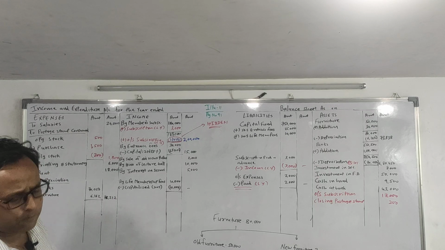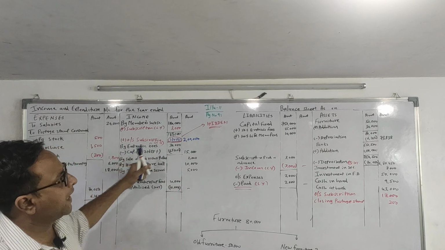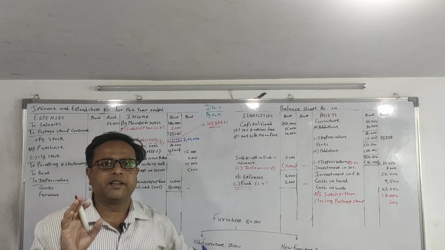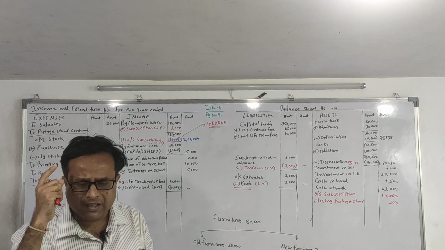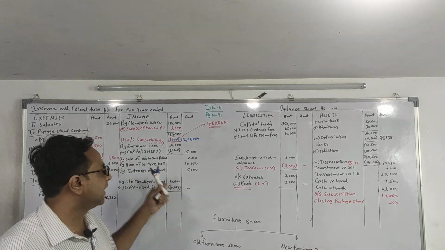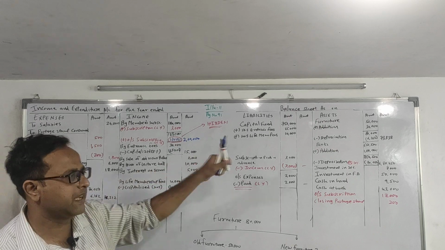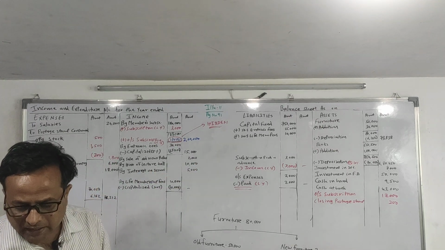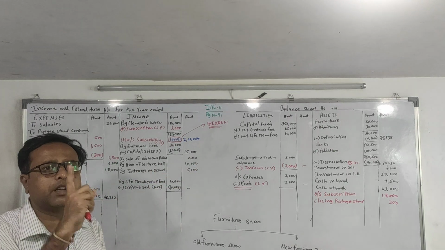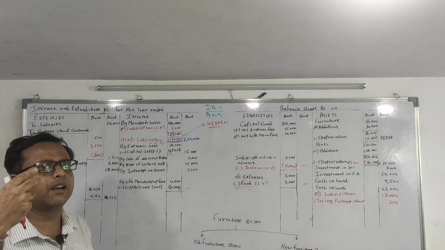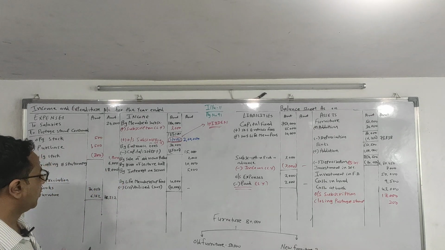What is the thumb rule? Copy the entire balance sheet as it is in closing balance sheet. Receipt always has two options: either it will be an income or a liability. Payment has two options: expense and asset. Balance sheet and receipt and payment will be written only one time in my answer, and for adjustment we will write twice. Now we will close this sum.